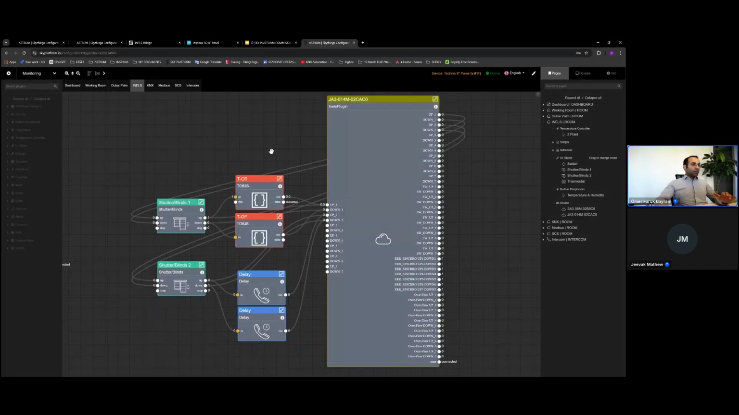In that case, we need to use some additional time objects. We can use a delay object here, or we can use T-off, time off. So we will activate from a UI, curtain UI object. For example, the up command will come here and the relay will be activated. After